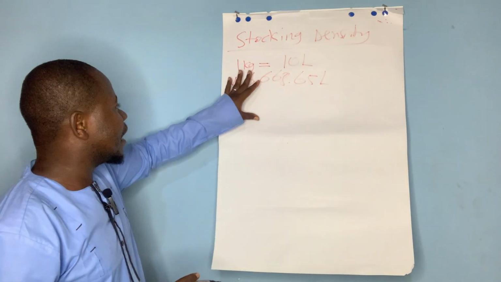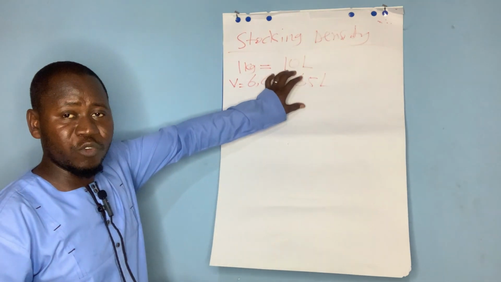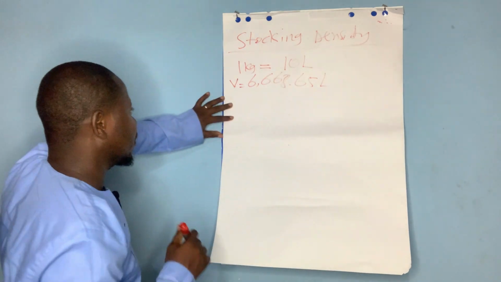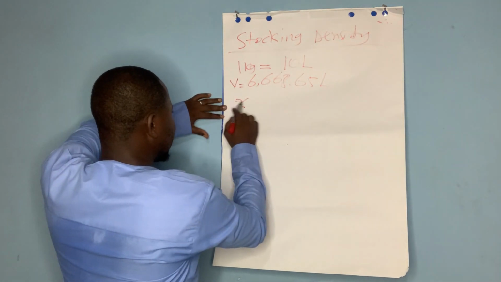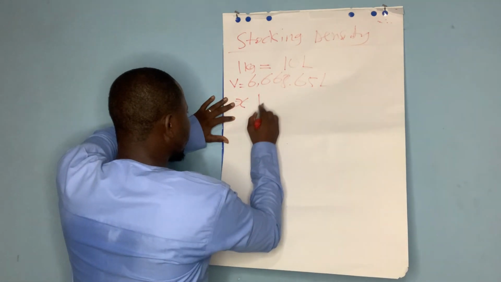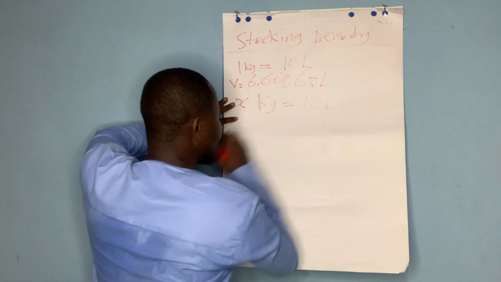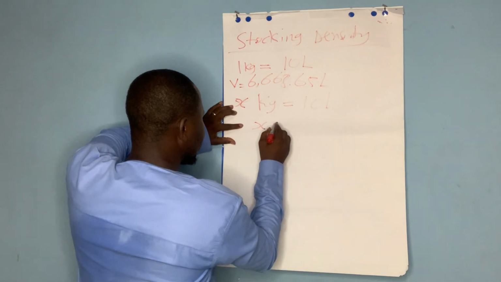So to get the 1 kilogram of fish, how many fish can we stock here? Let's represent the number of fish by x. So we say x, and let's take this one: 1 kg is equal to 10 liters. So this is our answer. x is equal to